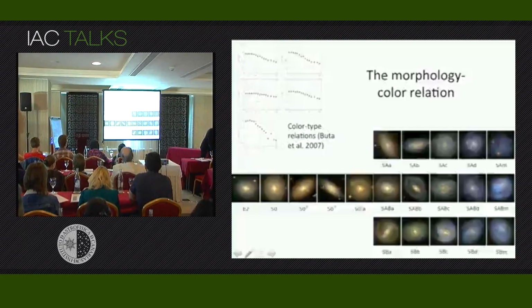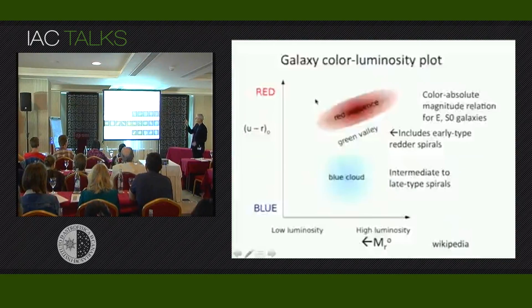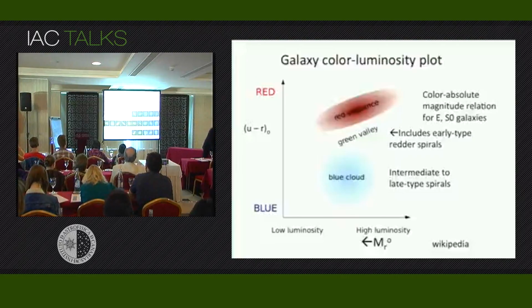And then, remember, they're all red, and so those curves at the top there, they start out with all being red. We're just seeing this, so this is the reds. These are red sequence galaxies, and these here at these peaks, they're red sequence galaxies. But if you go to the blue end here, these areas here, that's where you run into the blue cloud, which includes the intermediate to late type spirals. And in between,